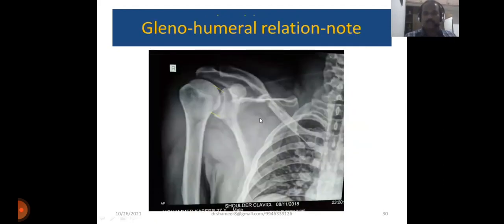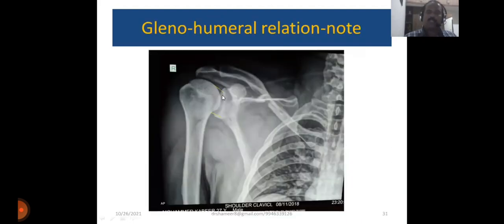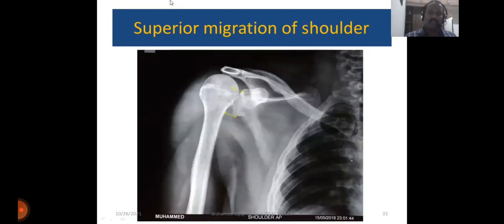I will show you. Okay, this is a normal X-ray. You can see there is no overlap here. So this is an overlap, but it is normal. There will be no overlap, but it is also normal because you can see this is the glenoid, and there will be a clear glenohumeral relation. It's a normal X-ray. Okay, normal shoulder joint, no superior migration, but we can see another condition, that is the